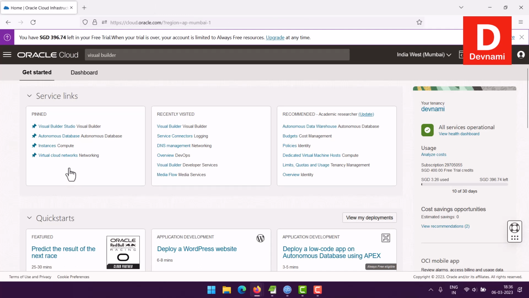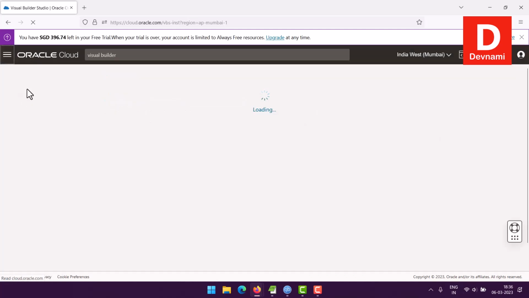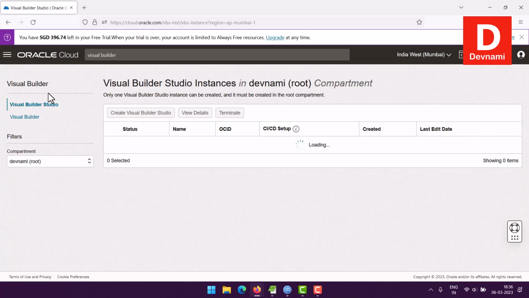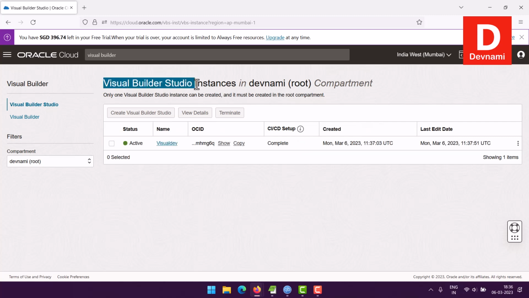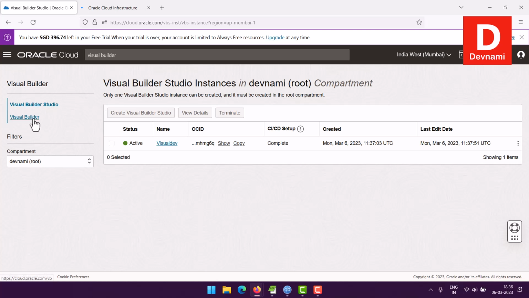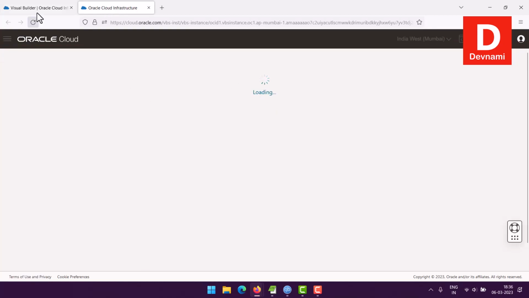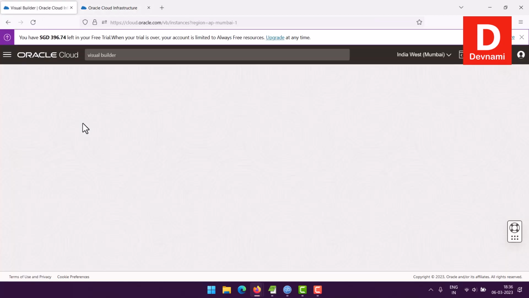Okay, now you can see that we just checked how to set up Visual Builder in Oracle Cloud. So let's compare the two. First we will try and open Visual Builder Studio, right? So what I will do is I will first open my instance of Visual Builder Studio, and then I will go to Visual Builder and try and open its instance as well. So let's go through the steps,